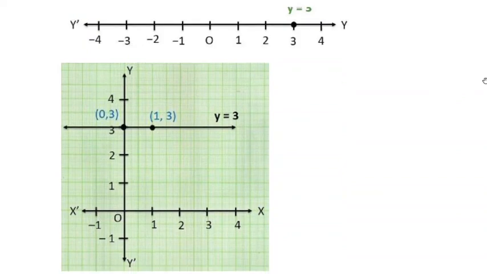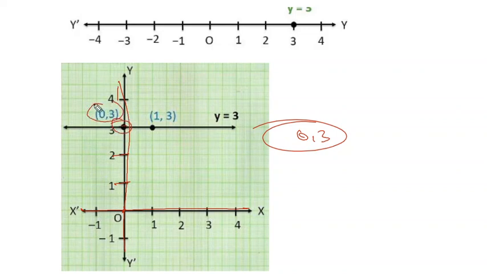So we have the graph now. Here you draw the x axis and y axis, and put your points, that means units 1, 2, 3, 4 like this, plus and minus, whatever you need. Now our points are (0, 3), so x is 0 and y is 3. x equal to 0 is here, and y equal to 3 means towards upwards: 1, 2, 3. This point is (0, 3).